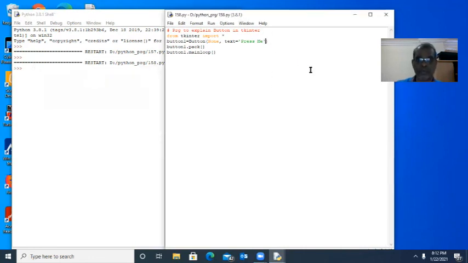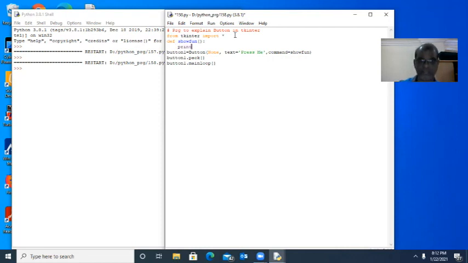Here, one more argument is command. In the theory part we studied, callback can be called either by command or bind. Now we are using command equal to, and we have to write one user defined function name. So "fun" is one function name. This function should be called. Here I must type one function, that is fun. Very simple. You know how to create a user defined function, already we studied.